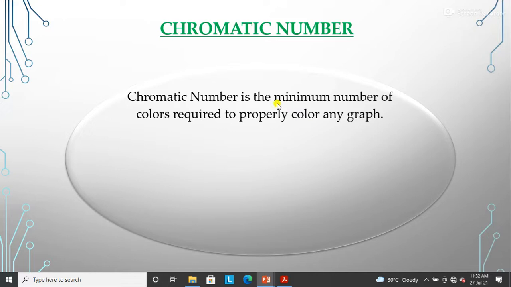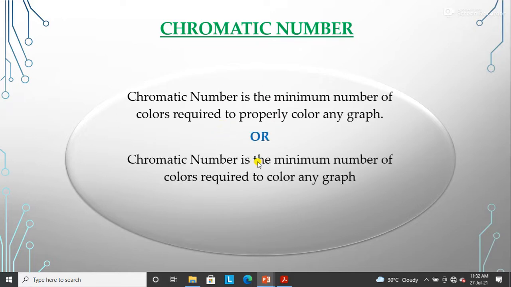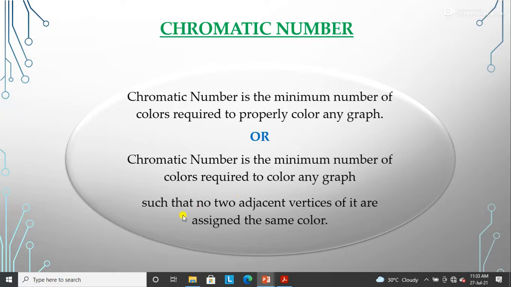But if we use the minimum number of colors to color the graph while holding this property, that is the chromatic number. Or you can say that the chromatic number is the minimum number of colors required to color any graph such that no two adjacent vertices of it are assigned the same color. So it holds this property, and if we use the minimum number of colors in the graph while no two adjacent vertices have the same color, that is called the chromatic number.